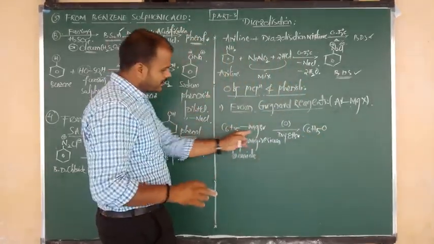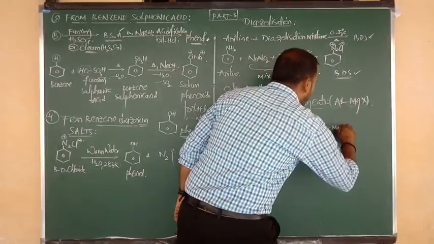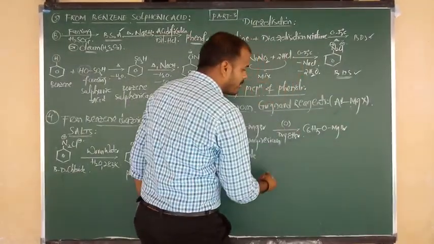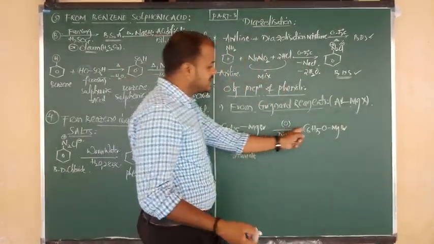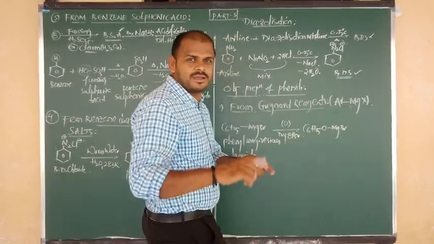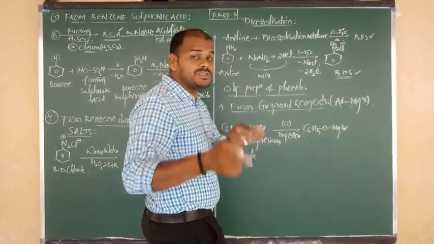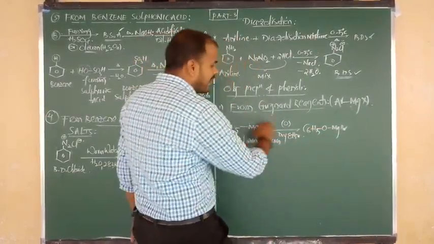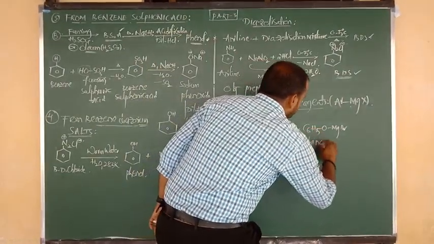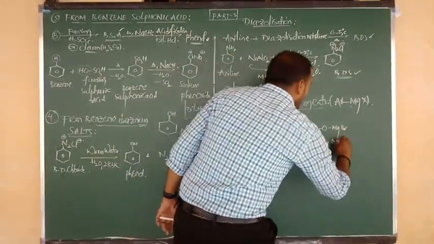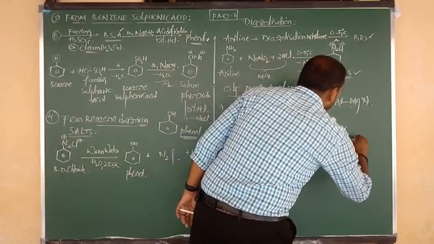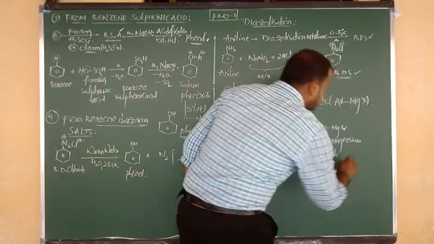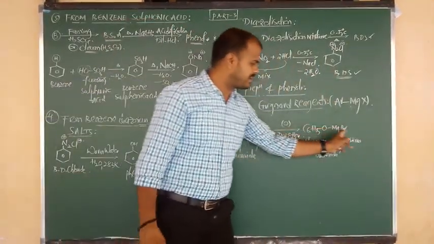oxidation was over. Remaining group connected to what, na? MgBr. Okay, na? Right. So what is the name of this compound? C6H5 is phenyl. C6H5O is phenoxy. CH3O methoxy, C2H5O ethoxy. C6H5O, we have to say phenoxy. So phenyl changes into what, na? Phenoxy, and remaining is same. This is nothing but what, beta? Magnesium bromide. So we have to say this is nothing but phenoxy magnesium bromide. Phenoxy magnesium bromide.